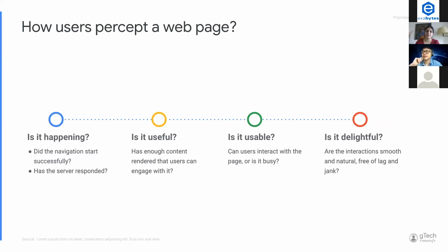In the last stage, it is delightful. A good web page will be very stable and smooth. When users scroll and click, it will react as expected. Not like when users scroll down, the content is suddenly pushed up or pushed down by some ads or other iframe content. So a delightful experience means the page just works and draws smoothly, with nothing surprising that the user did not expect. So we can see here actually from